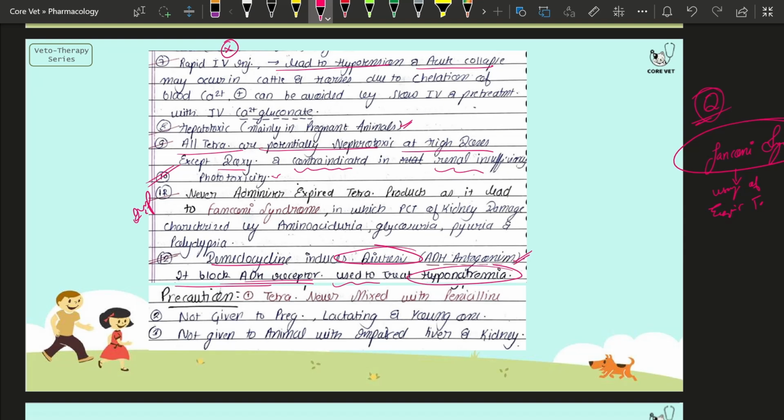Okay, remember this part. And it should not be prescribed to a pregnant or lactating animal or to the young ones. Okay, and it is also not given to an animal which has impaired liver or kidney, because we know to some extent tetracycline is nephrotoxic as well as liver toxic, meaning hepatotoxic,